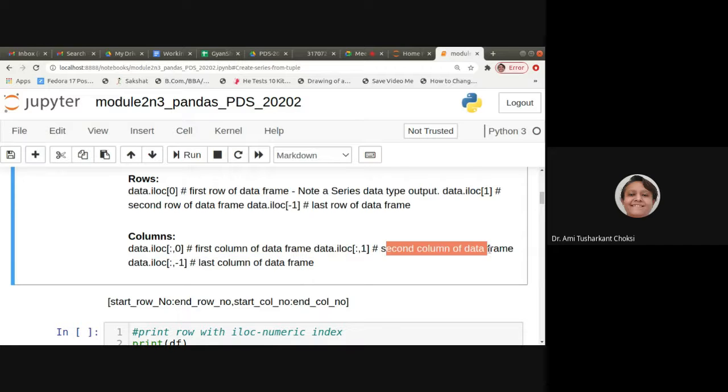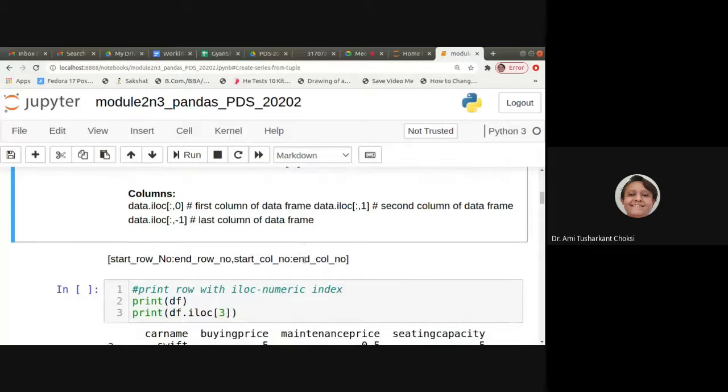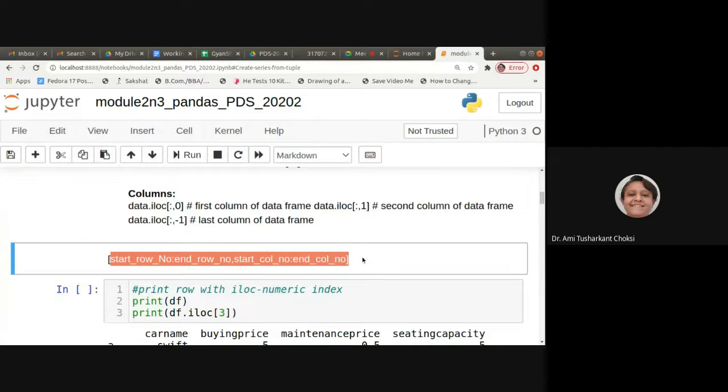Then this is the second column of the data frame. If I give it this way, -1, then it is the last column of the data frame, right? So how do we typically use it? It is start row number, colon, end row number, comma, start column number, colon, end column number, right? This is the way we are using it, fine.